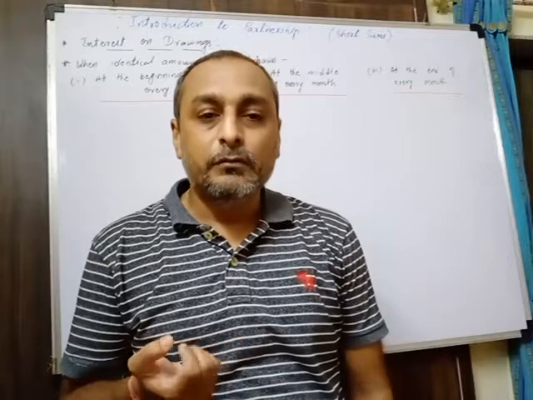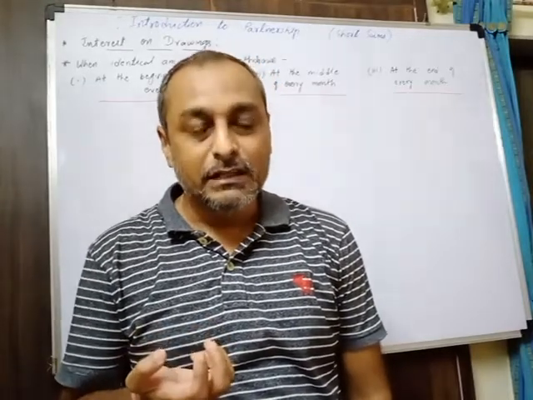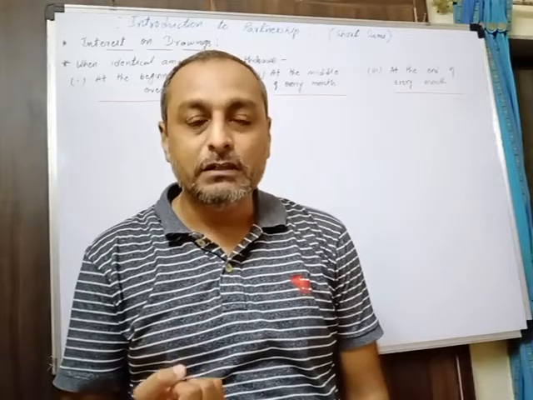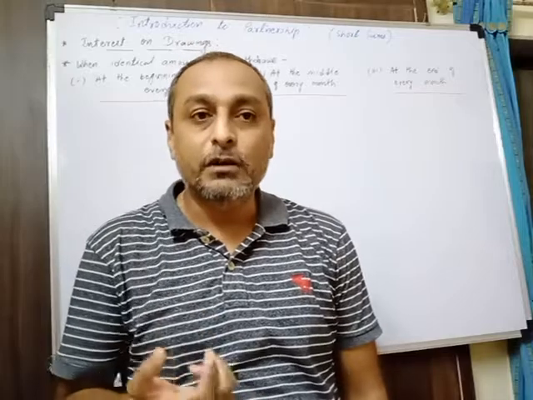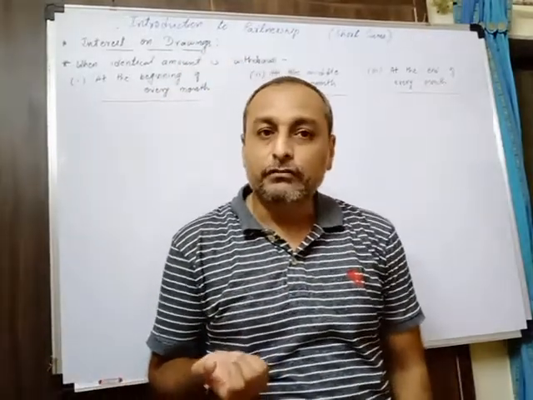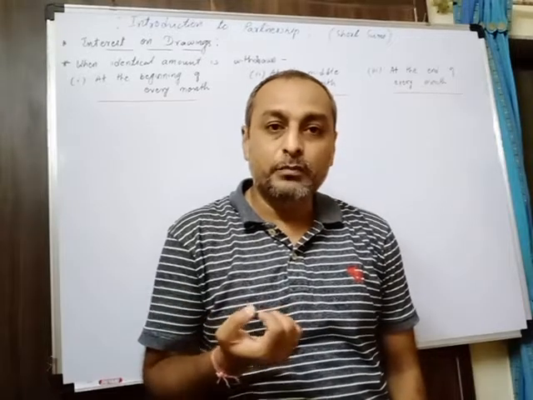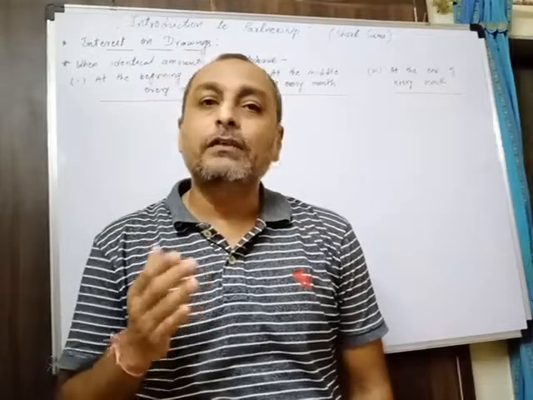So for that purpose, the important thing is we have to first learn the basic concepts: what is interest on capital for the business, for the firm, what is interest on drawings for the firm, what is the salary or commission or remuneration payable to the partner for the firm, and how it can be recorded in the appropriation account and in the partner's capital or current account. So that we have seen.